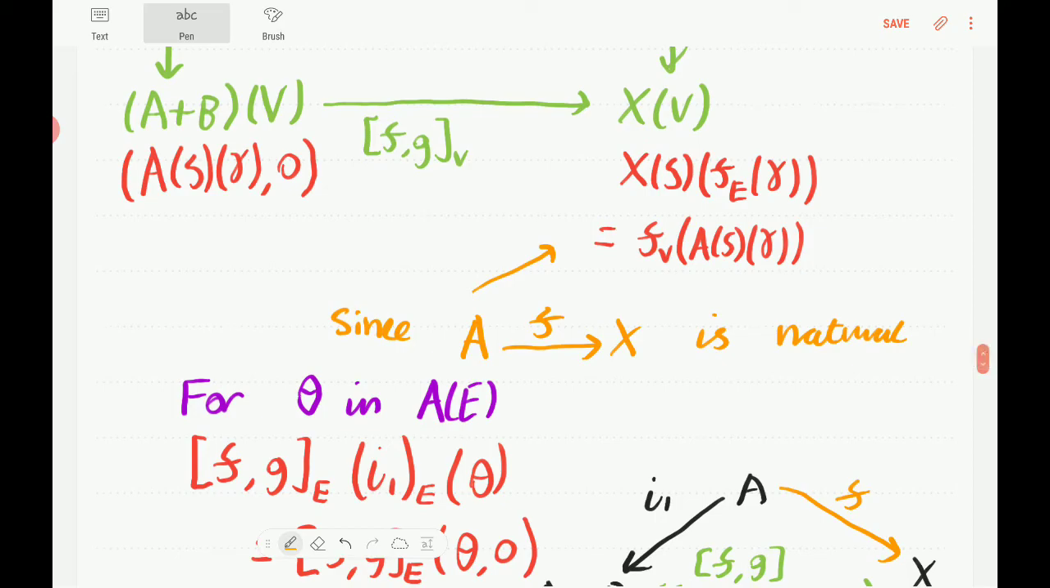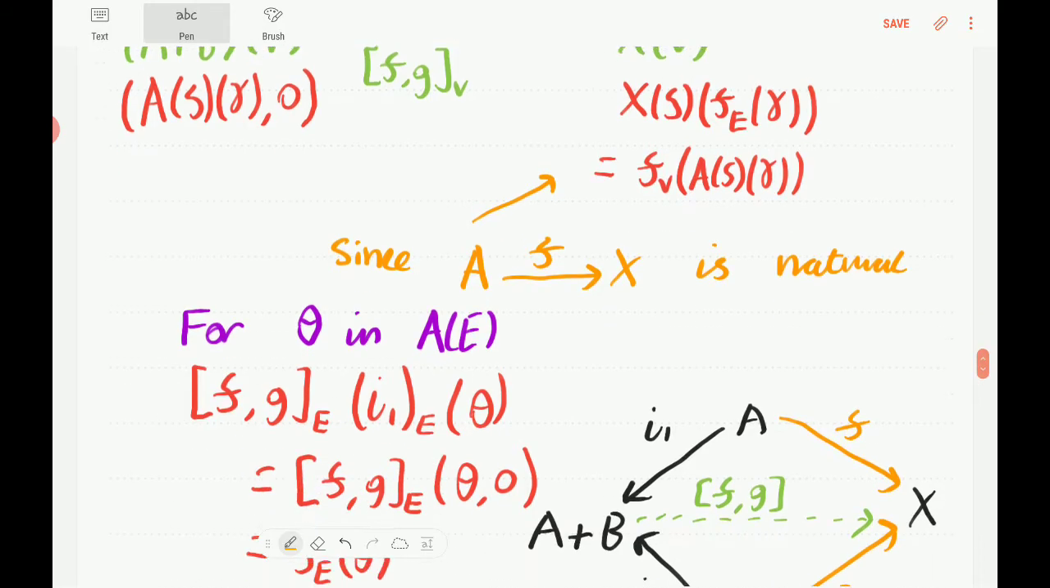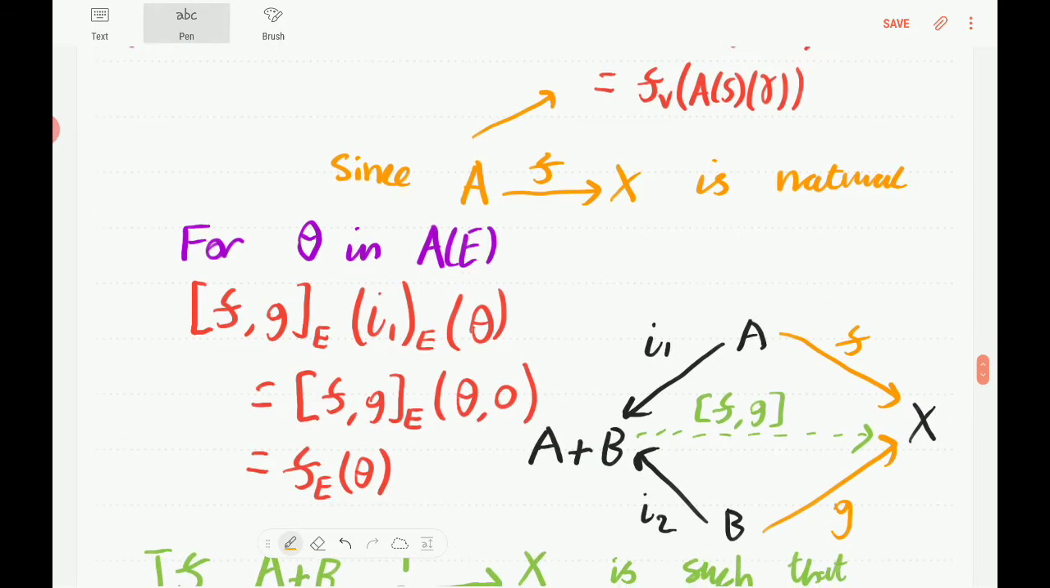Okay, so we've shown now that all the objects and arrows which we've defined are properly defined things in set to the power of c. Finally, then, we just need to show that the universal property is satisfied, that we really do have a categorical product. So firstly, we want to show that this f comma g, which we've defined, does indeed make this diagram commute. So suppose we have a theta in a of e,